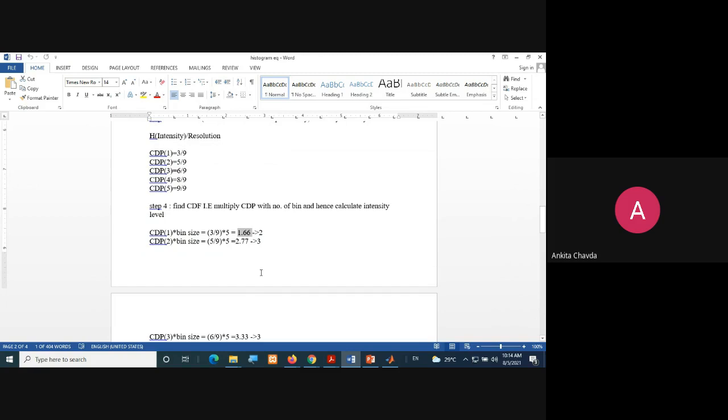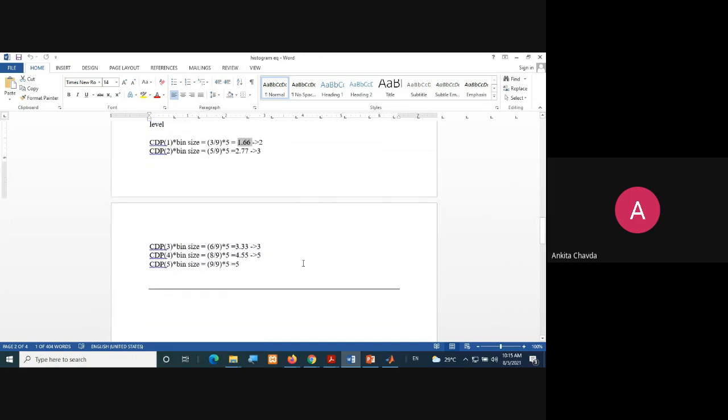So you will simply consider the round off value. Round off means if greater than 0.5, then you consider ceil, otherwise floor. So 1.66 means 2, 2.77 means 3, 3.33 means 3. Your CDP of 3 means your previous intensity was 3, new is also 3.